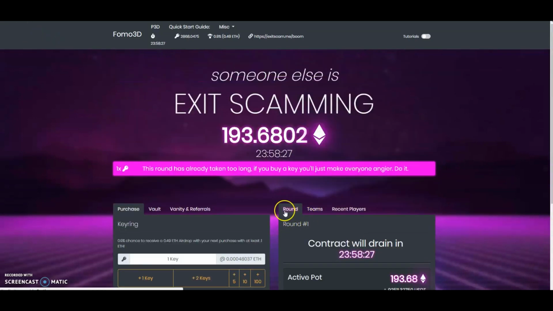So right here you can see it's round 1. This shows you the round that we're currently in, and this is round 1 since this is the first game. And as I said, this may last weeks or months. So this is the first game, so it's round 1, and it's showing you when the contract will drain, and